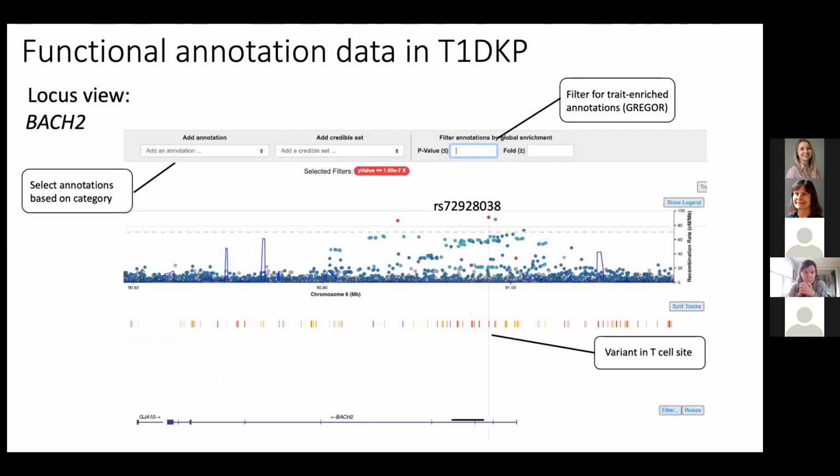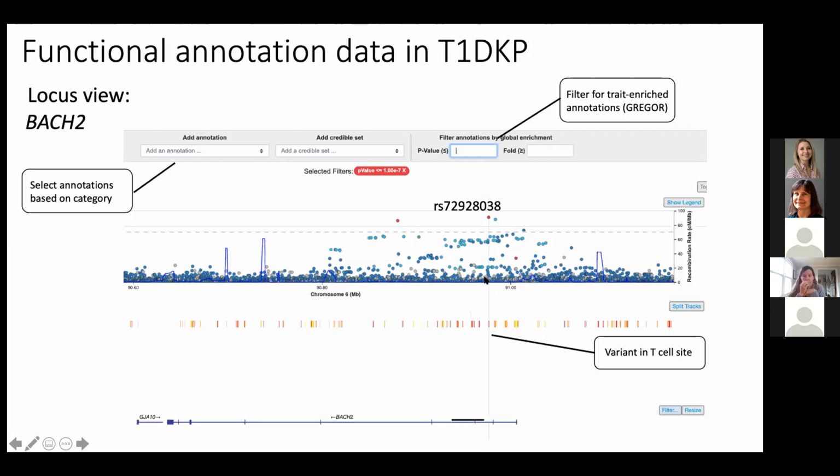I just have one example of how this information is used, and it can be used effectively to annotate risk variants. This is the BOC2 locus I mentioned that both of our groups on this call have studied in some context. If you go to the locus view of this gene, you search for BOC2 and you're interested in understanding the mechanism, it shows you the association data, but then you can also load annotations that are aggregated from our Epigenome Atlas site. You filter those annotations, because there's quite a lot of them, by some evidence for enrichment for the trait, type 1 diabetes,